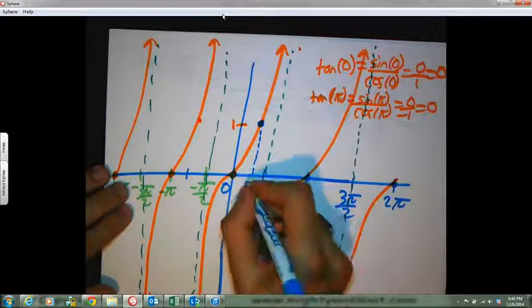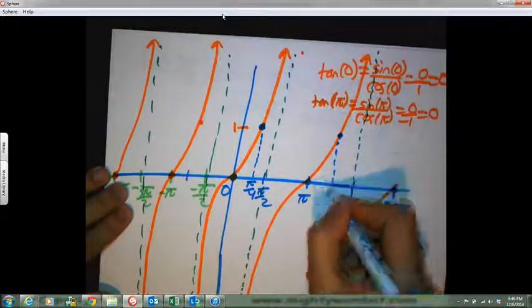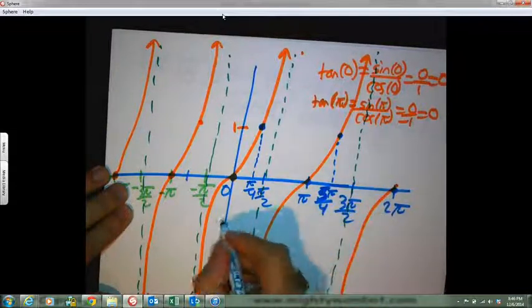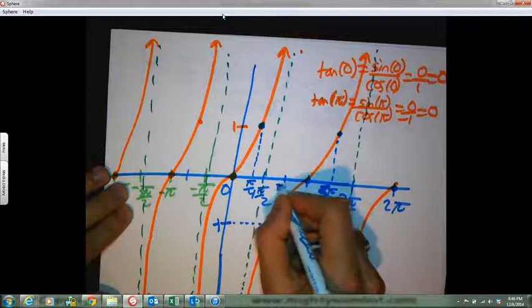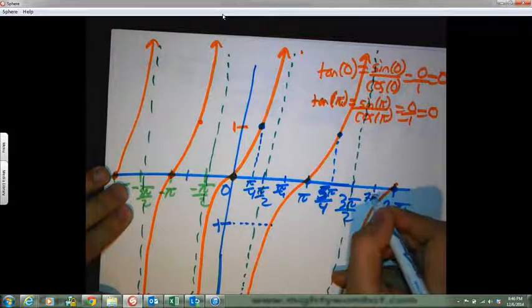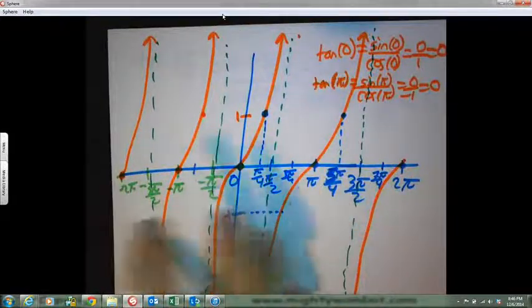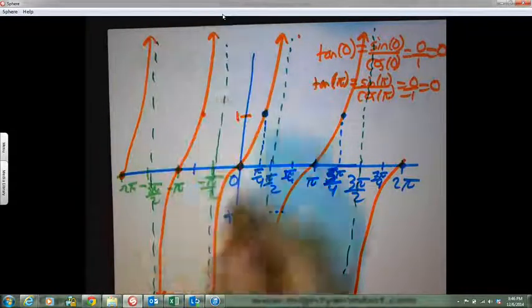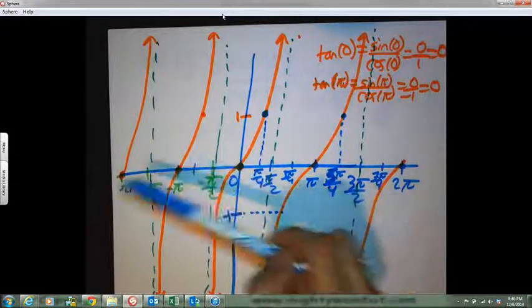And this is really all you have to label. 3 pi over 4, 7 pi over 4. These are the important points to label. This graph needs to be memorized. Not tomorrow, but it does need to be memorized. So, asymptotes where cosine equals 0. Why? Because that's in the denominator. Zeros where sine equals 0. Why? Sine is in the numerator. Tangent equals 1 where sine equals cosine. Tangent equals negative 1 where cosine and sine are opposites. Alrighty, and the last thing I want to do for